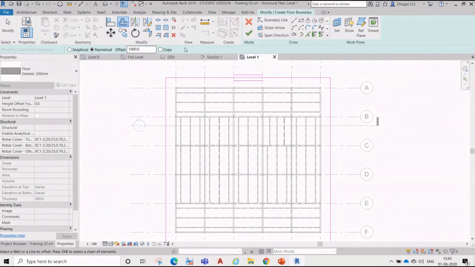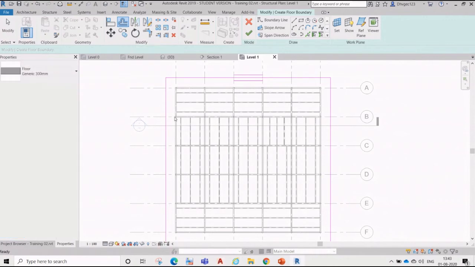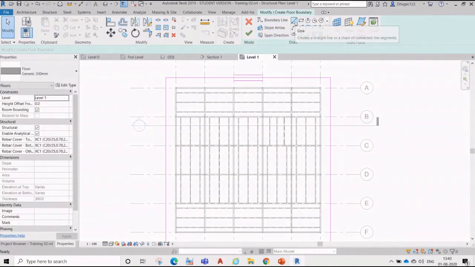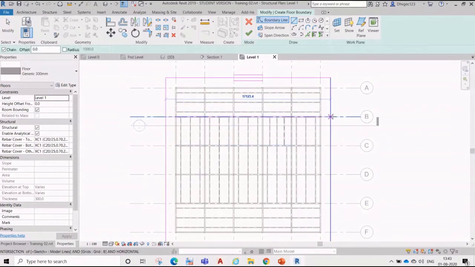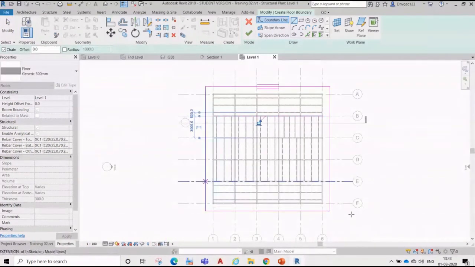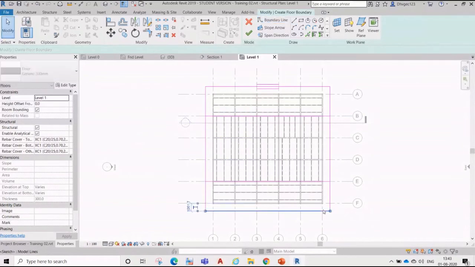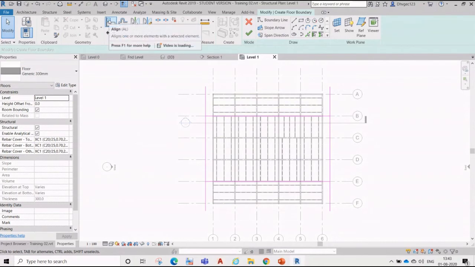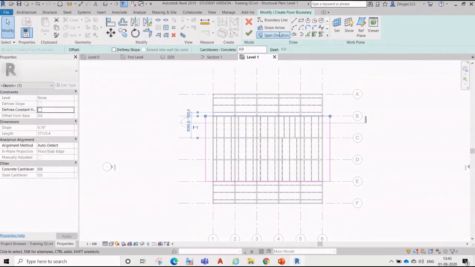Right. So what we'll do, we'll distribute it. We have to distribute it in this one. Right. So for this direction, this will be the span direction.